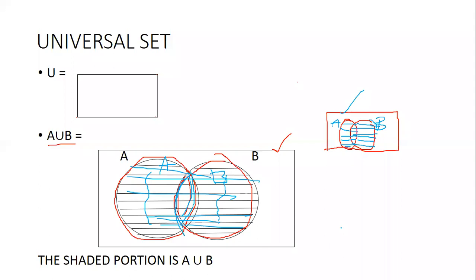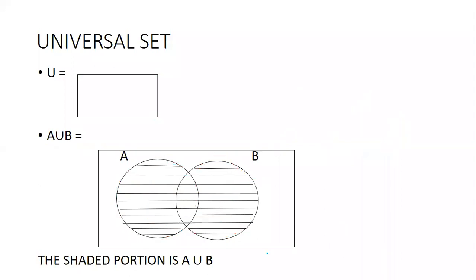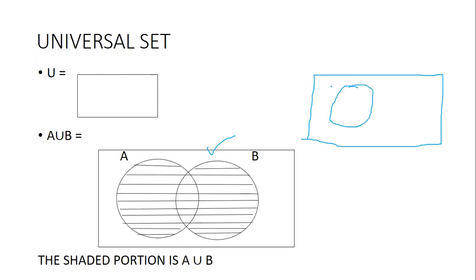I'll explain it once again. Need not worry. First, for any of it, we are supposed to draw a universal set. Okay, first you're supposed to draw a universal set. Universal set is nothing but one big triangle you draw. Inside this universal set, we will have set A, and then we will have another set which is B.